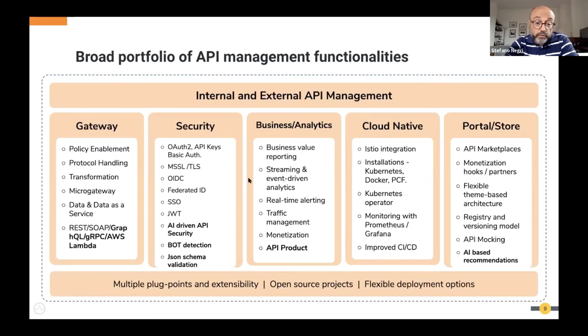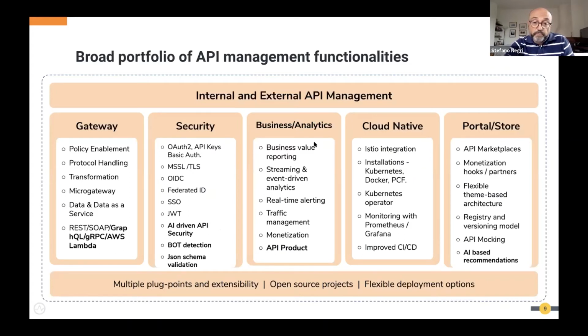And security-wise also, we cover basically all the potential needs that a customer may have as regards their API management journey. From the standard WSO2, the initial protocol that we created our product on, now we extend it with API keys, basic authentication, mutual SSL is included as an option, and also, of course, single sign-on. We support JSON Web Token, and recently we added other functionality that we'll talk about in detail later.